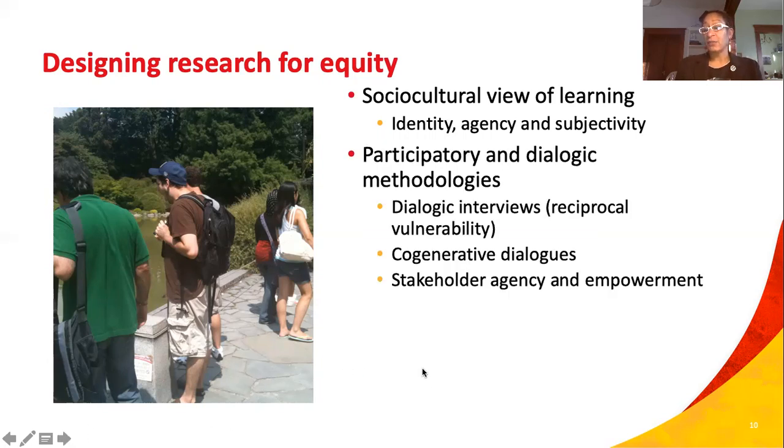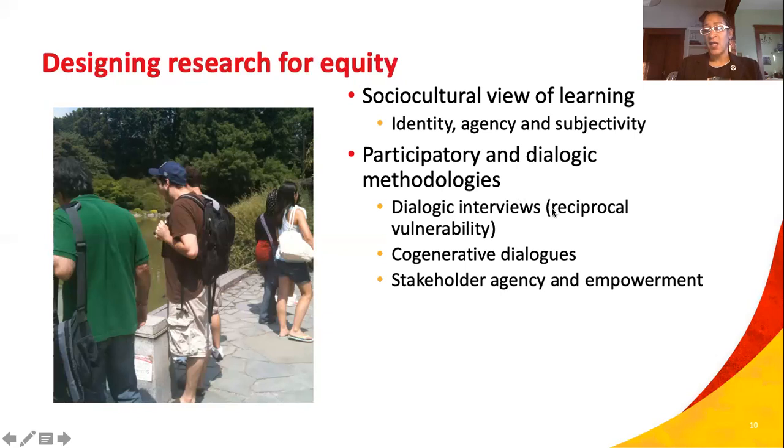Participatory and dialogic methodologies are also very important because, A, these allow for multiple voices to come to bear in the research, and B, they allow for that long-term development and sense of agency, and that is the ability to enact change in the classroom amongst teachers. So some of the approaches that I use were dialogic interviews, and within these interviews, I use a concept that